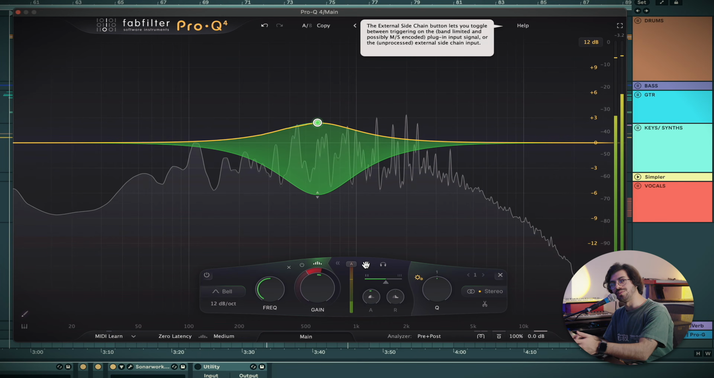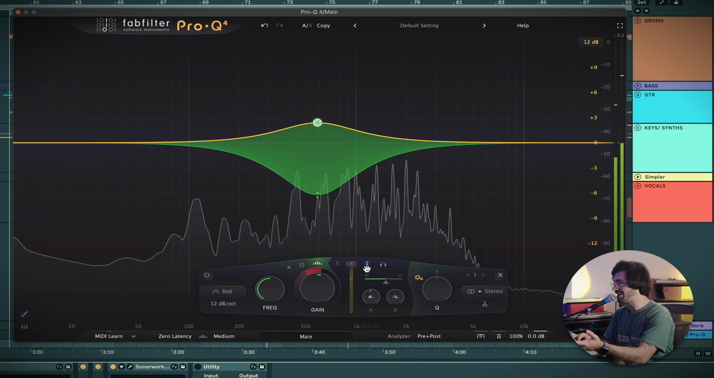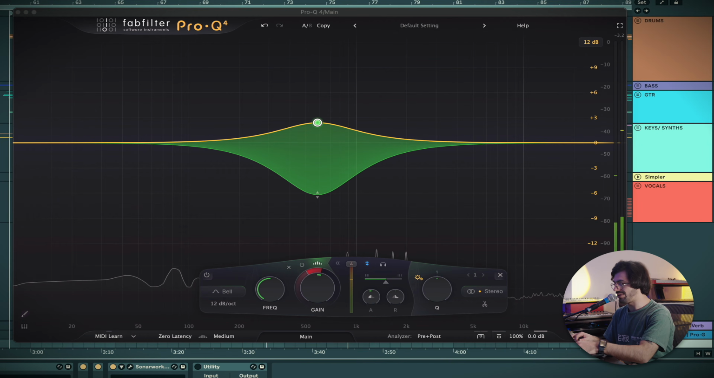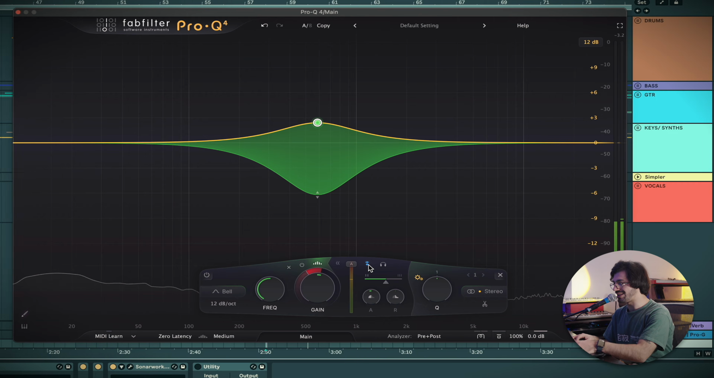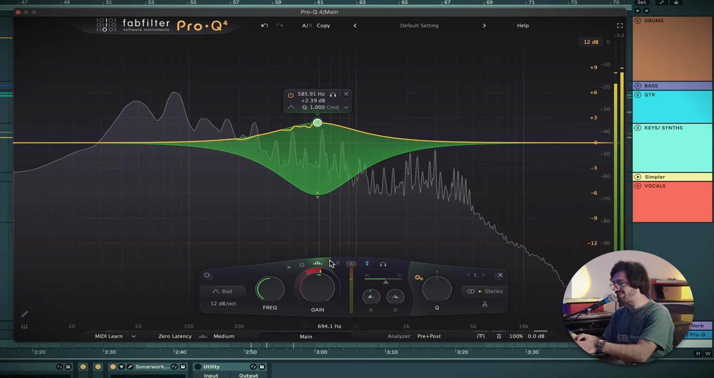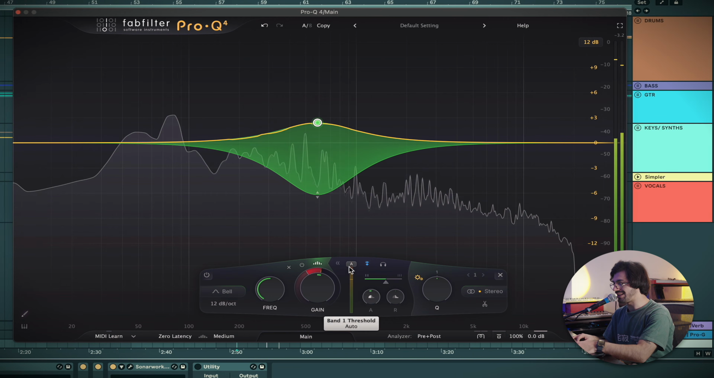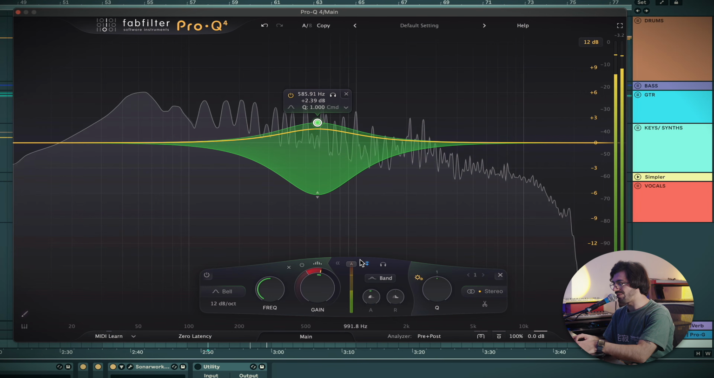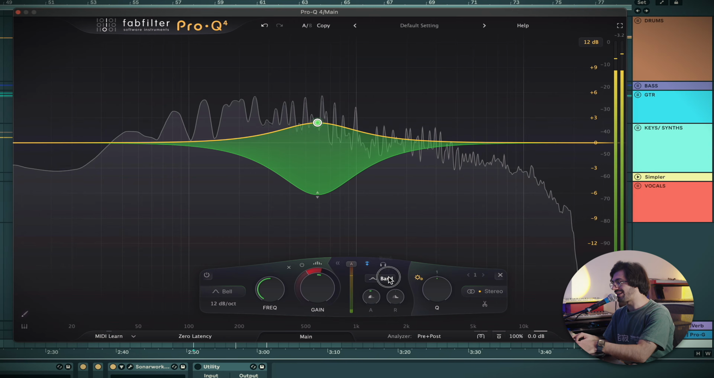Obviously this was included before. I could just sidechain to another EQ or another signal. Say I've got this on my mix bus, say I sidechain this to the kick in this case, and I turn this on, and you'll see now it's only going to react to that kick. I'm going to turn off the spectral mode. So now you can see this band is only reacting to the kick,